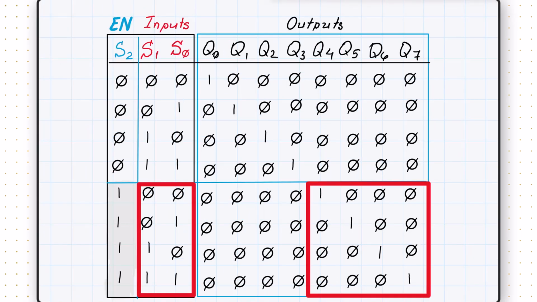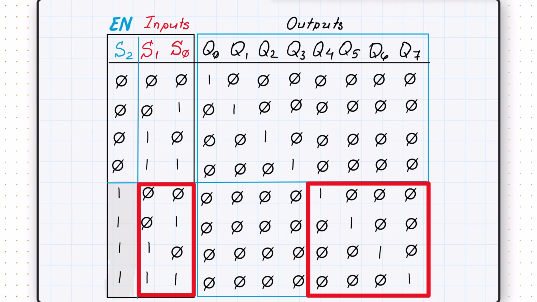Now let's look into the second half of the table. It uses exactly the same S0 and S1 as input signals. It repeats the same combinations, and it has Q4, Q5, Q6, and Q7 as output signals. So the only difference between the first 2 to 4 decoder and this one, the red one I'm looking at right now, is that it is going to be activated